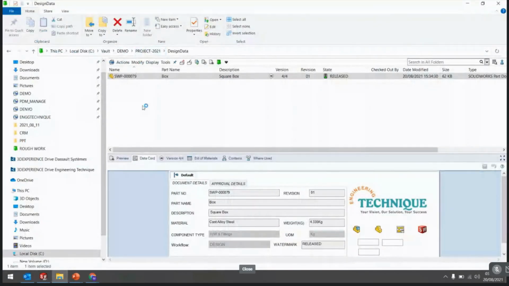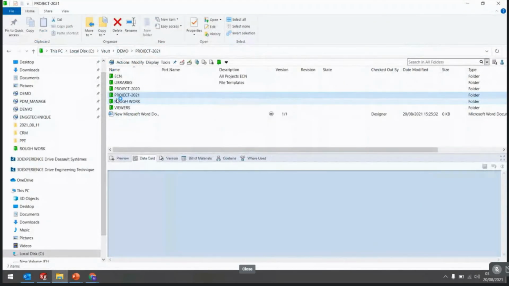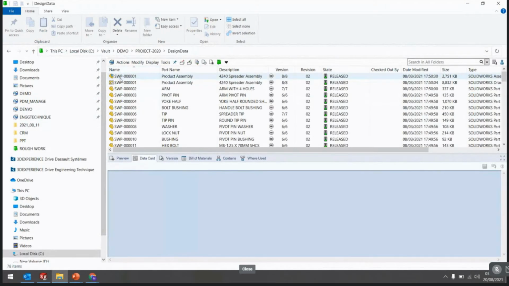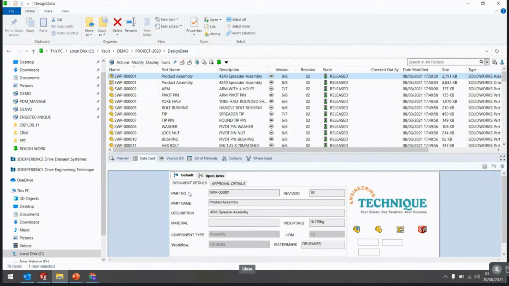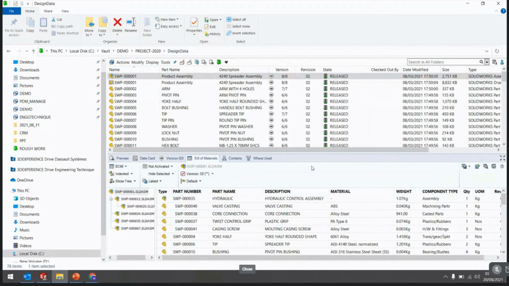So we'll go to our existing file. For example, this is my assembly. In the bill of material tab, here you can see the bill of material is created. What PDM provides is that when you work on your assembly, in the background PDM automatically creates its bill of material and manages all the references.